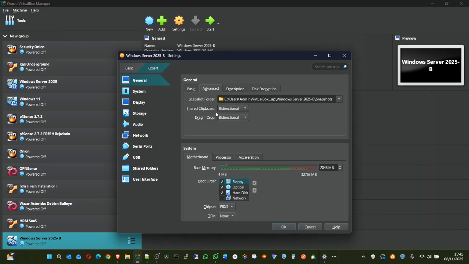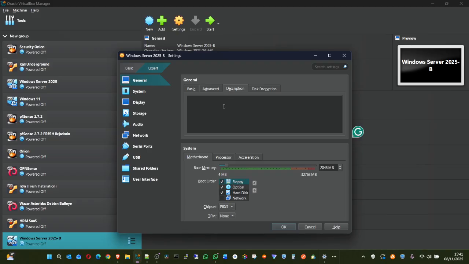What that means is that from your Windows 11, you can drag something into the windows of a Windows server and also copy out something from there as well. Description, I can also say that this server is a personal test server for educational purposes.